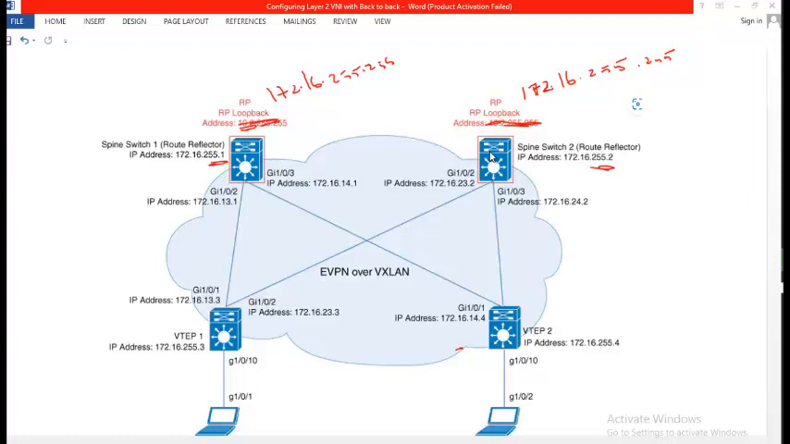To sync between this rendezvous point, we are going to use another loopback on this switches, which will have a unique IP address. Say for example, 172.16.221 will peer with 172.16.255.2. 2551 and 2551 will peer, MSDP peer with 2552. MSDP peer of switch 2 is switch 1, which is 2551. We call that as MSDP, Multicast Source Discovery Protocol, so that 2 rendezvous point will get